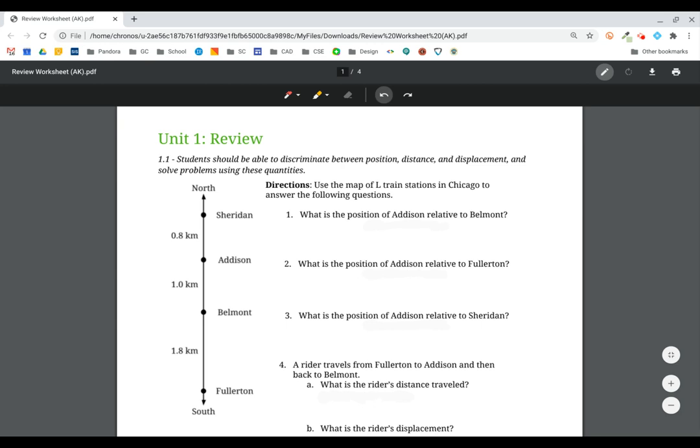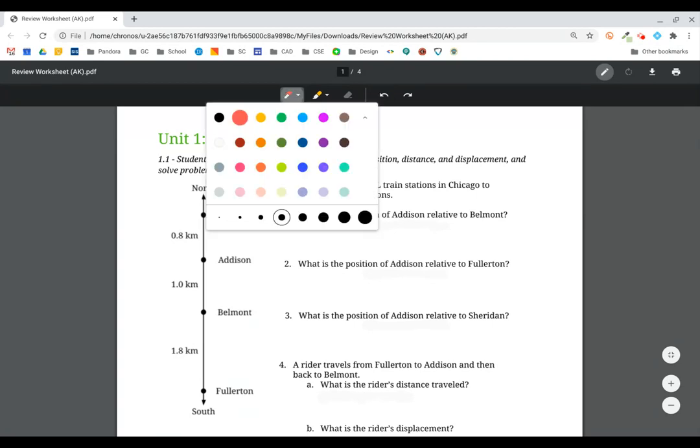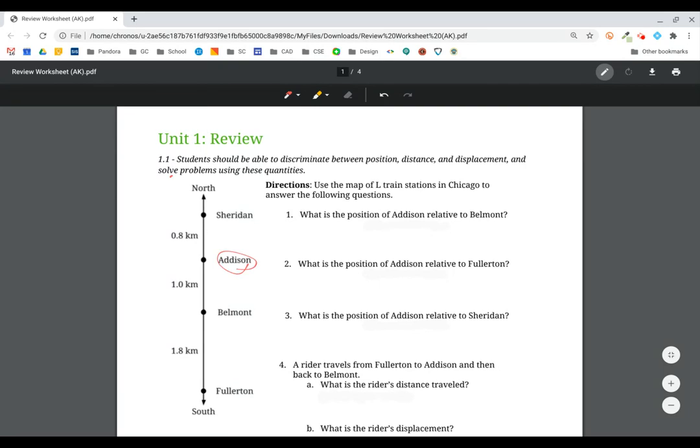So this is the Unit 1 review, and we'll start with the first standard 1.1. The first question in the standard asks, what is the position of Addison relative to Belmont? Addison's here and Belmont is there. And so relative, it is whatever distance is between them, which is 1 kilometer, and specifically 1 kilometer north of